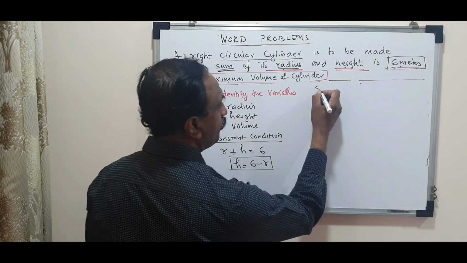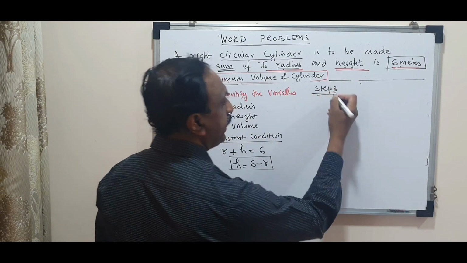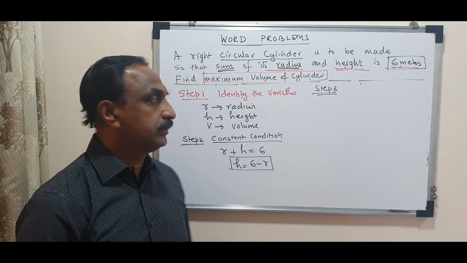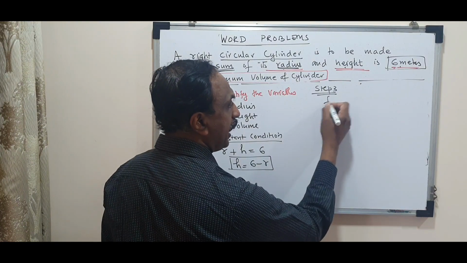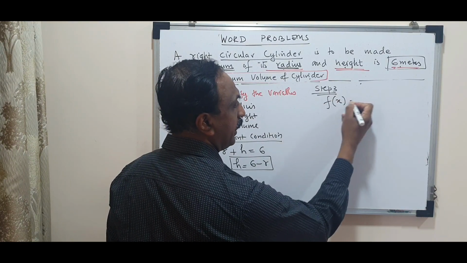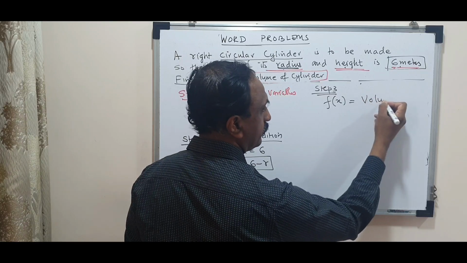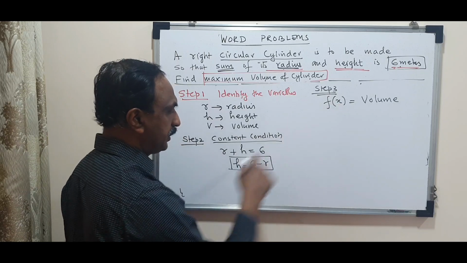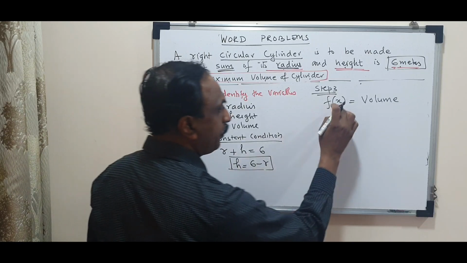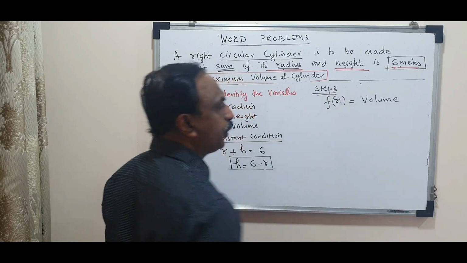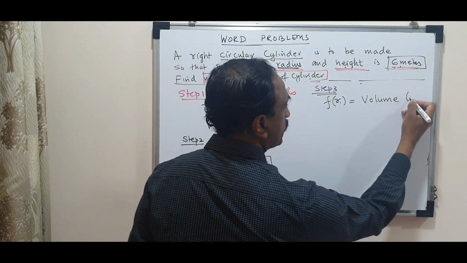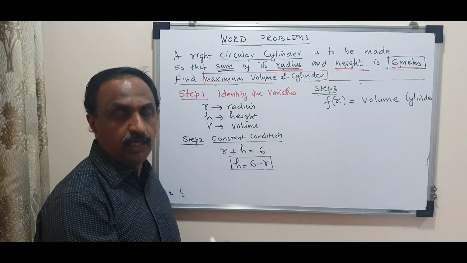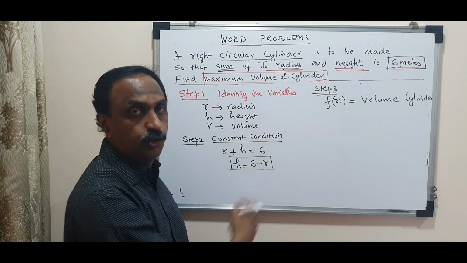Step number 3 is to define the quantity to be maximized as a function. So here the function f of x is the volume. If I am expressing x as a variable, then radius should be expressed as x. So I am going to change it into r, because I am going to express the volume of the cylinder in one variable r. That's why f of r is written. If I was making it in terms of x, then everything should be in x.